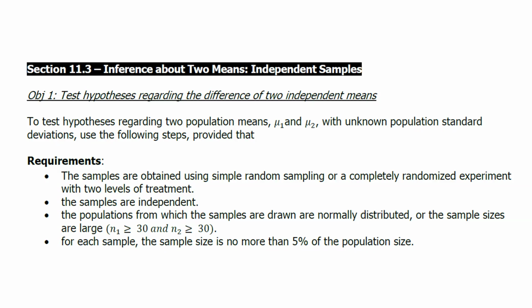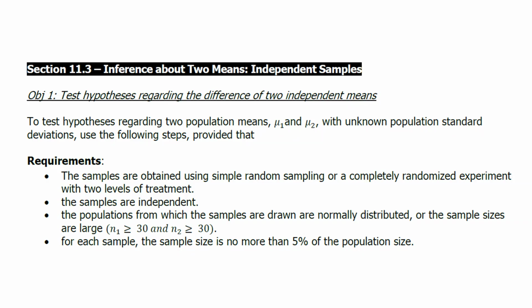Welcome to section 11.3, Inference about two means, independent samples. Objective 1. Test hypotheses regarding the difference of two independent means. Okay. So to test hypotheses regarding two population means, mu1 and mu2, with unknown population standard deviations, we use the